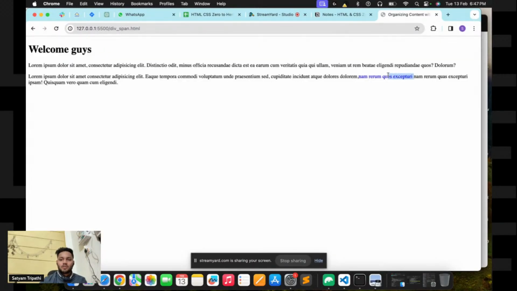So span we use just to focus on some lines, but div we use to store a particular thing in a container. If you want to store a heading, a particular paragraph, and after that another paragraph, let us say you are explaining something: I'm explaining about HTML, and after that I am explaining about CSS. So on a website, if I'm writing a vlog,